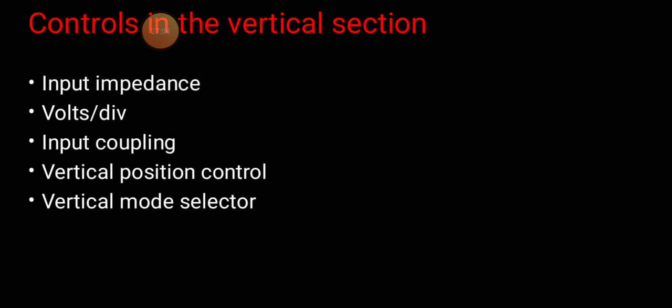Fourth one, vertical position control. This is a separate rotary control, basically a potentiometer used for each channel to shift the corresponding displayed signal vertically upward or downward. Again, there is one switch, the vertical position switch. By using that one, you can adjust the upward and downward direction. It is only possible to observe this in the laboratory on the CRO for practical purposes.